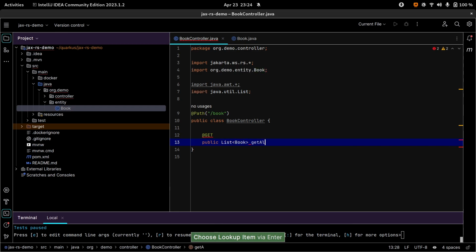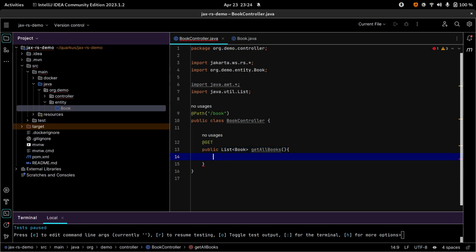So get all books, and it should return all the books. For that, we'll need a service. So what we can simply do is service dot get all, and then it shall return a list